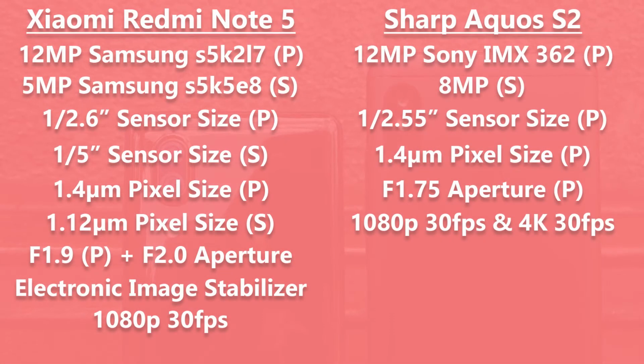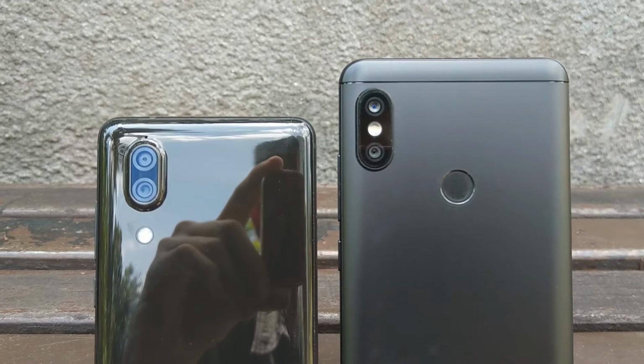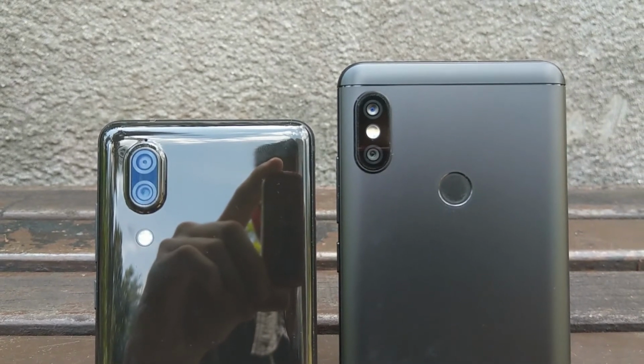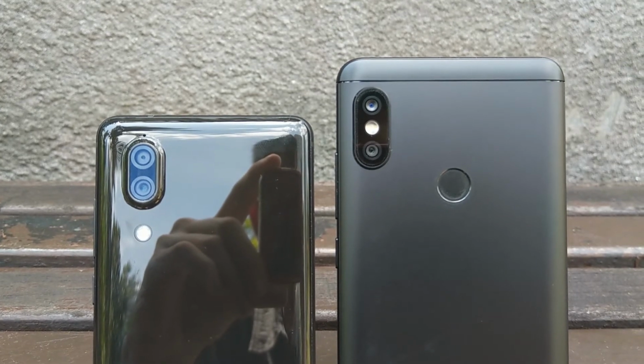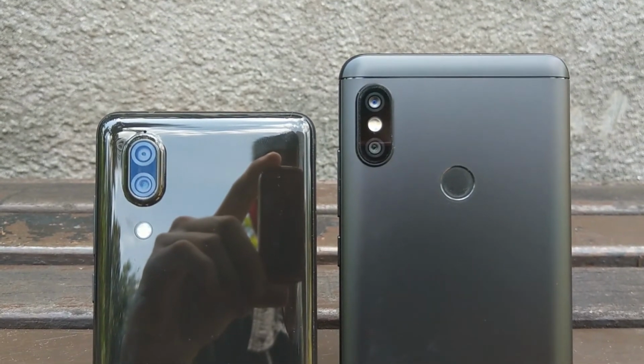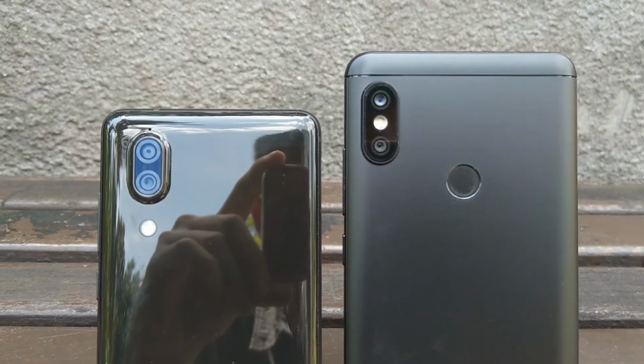Both Xiaomi Redmi Note 5 and Sharp Aquos S2 are sporting dual cameras, with a combination of a 12 megapixel main sensor on both, with a 5 megapixel secondary sensor on the Redmi Note 5 and an 8 megapixel secondary sensor on the Sharp Aquos S2. Both secondary sensors only serve as depth sensing sensors for portrait mode, while this 12 megapixel main sensor will do